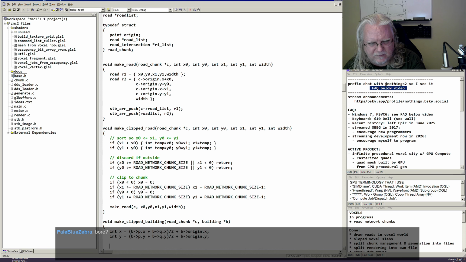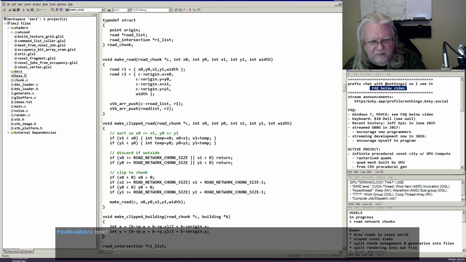So then to clip it, we say subtract from c arrow origin dot x, subtract from c origin dot y. If in road chunk xy, then we actually generate it, and so we say, we'll just go no, yes,